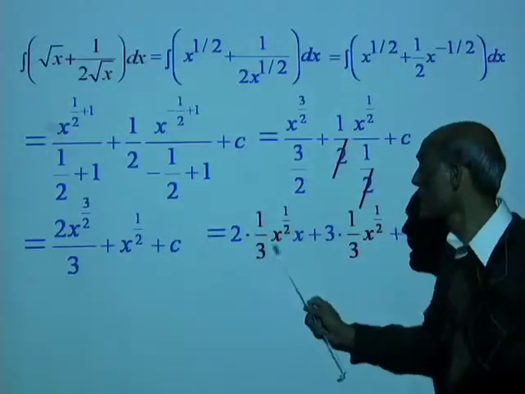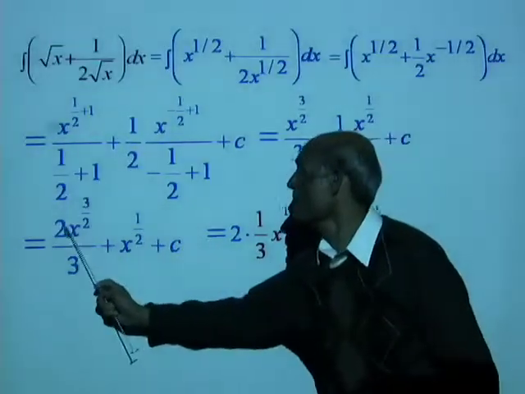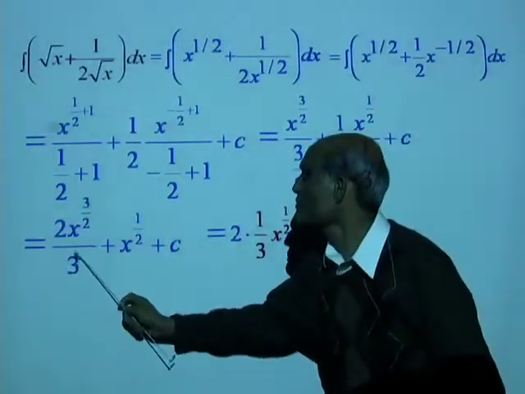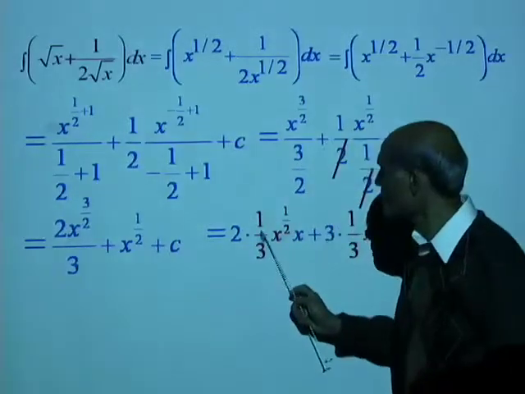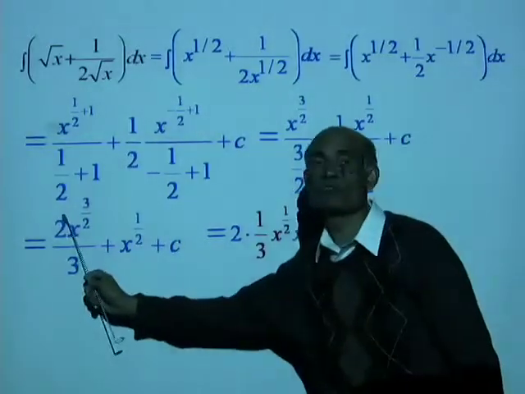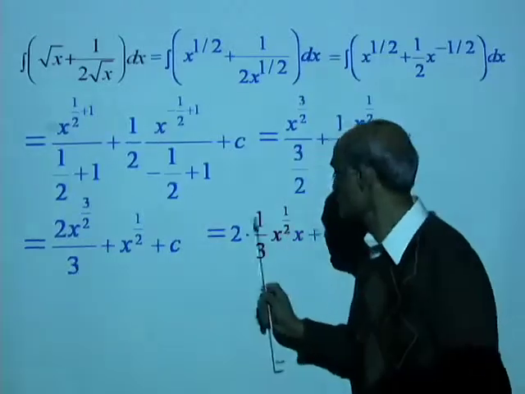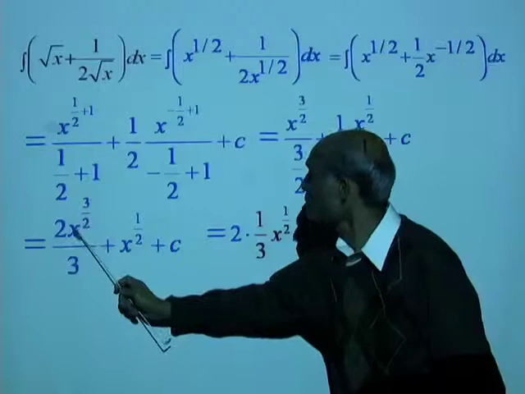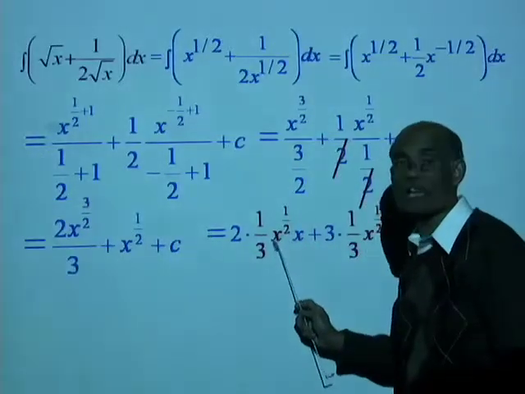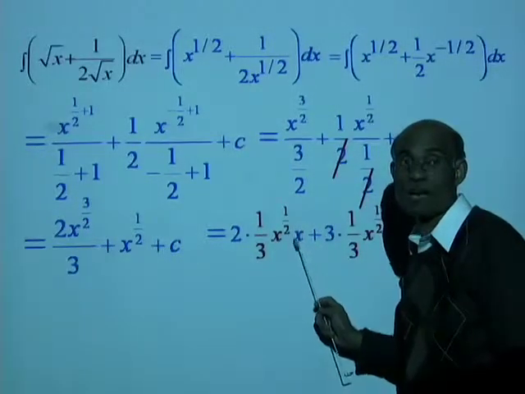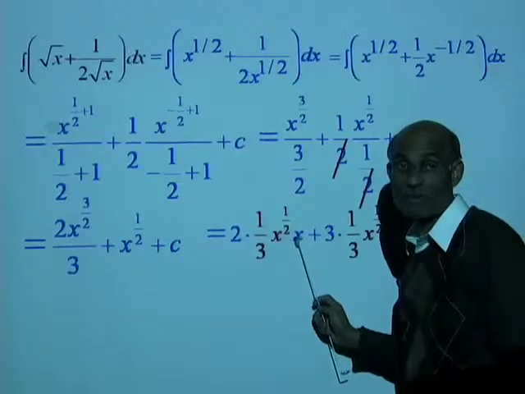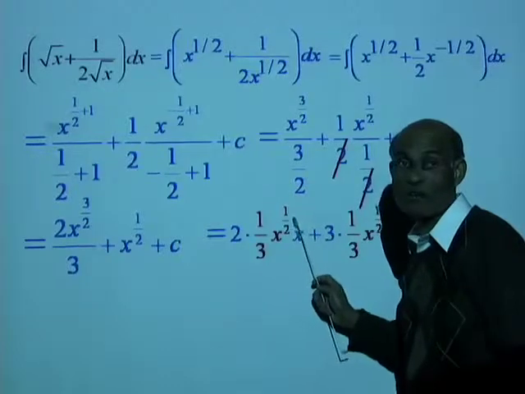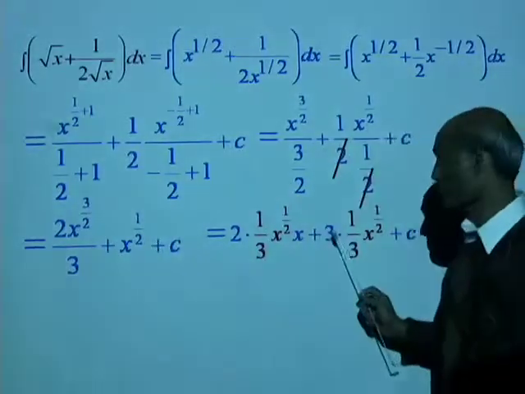And I have shown you how it is written there. Now I have this 2 taken separate, and this 3 on the denominator I wrote as 1/3. I hope you're following here. This 2 times 1/3, and this x to the power of 3 over 2 is written as x to the power of 1/2 times x. Is that right? When the bases are the same, you add the exponents. This will be 1/2 plus 1, 3 over 2. Plus,